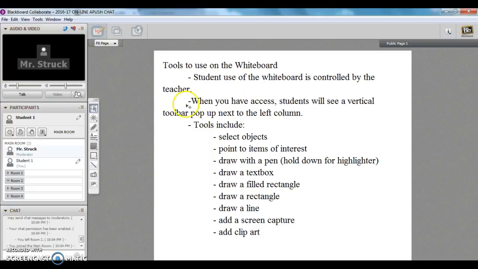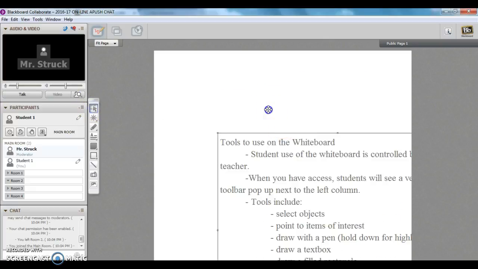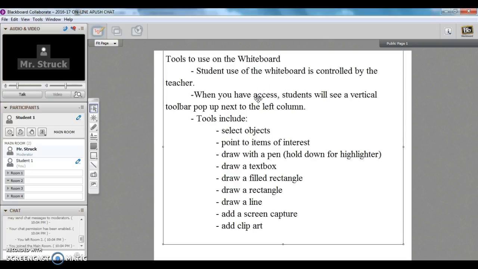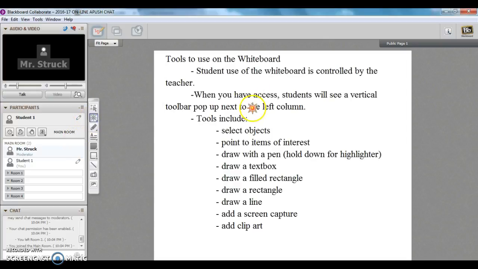So here we have, now that you have permission, you can draw a box. You can move this around. Okay. You can use a star to draw attention to things. You have the pen. Okay. And then you also have,